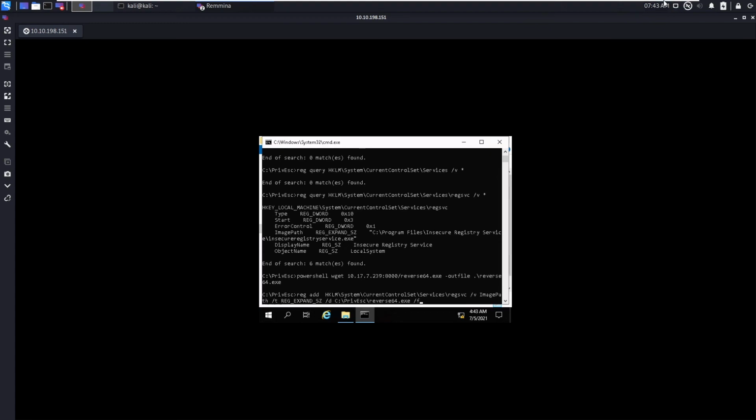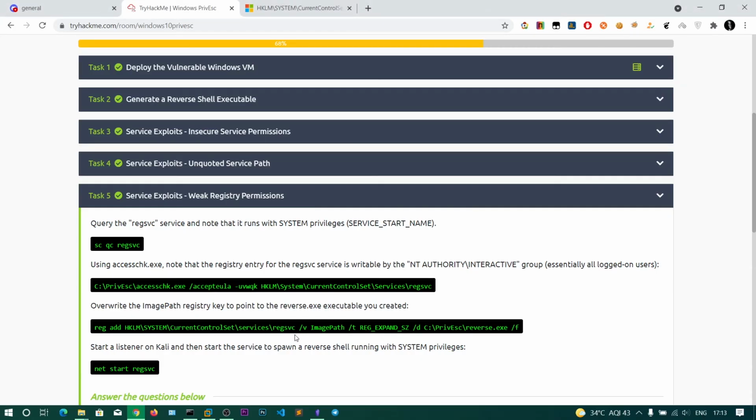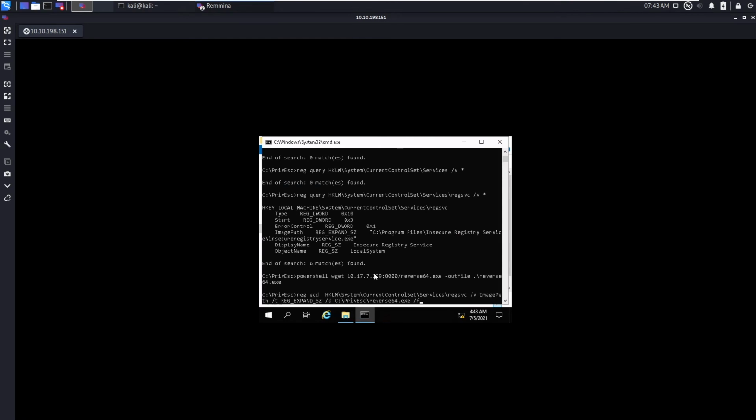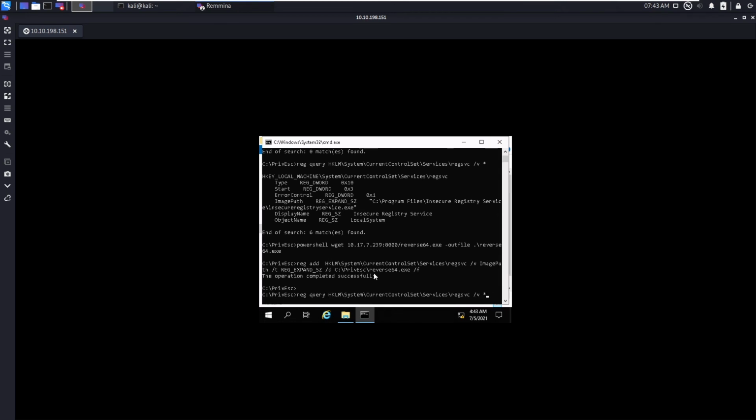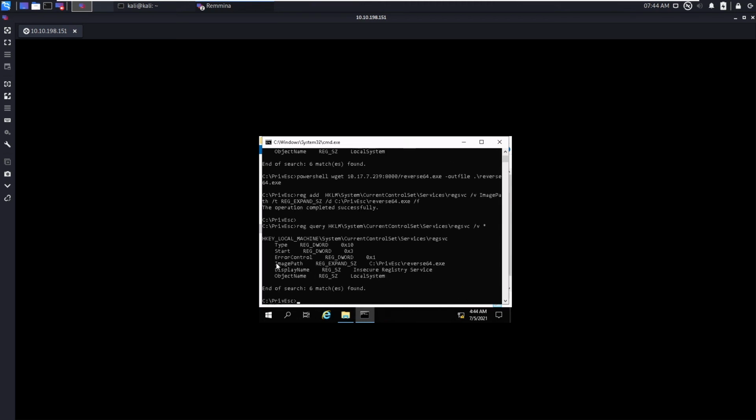So I think we are good to go. Yes, we are good to go. Now hit enter. Now let's query for the values in the regsvc key. Now you can see the image path is pointing to the C reverse64.